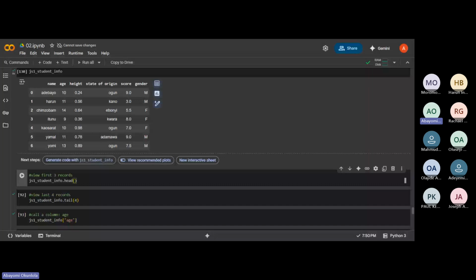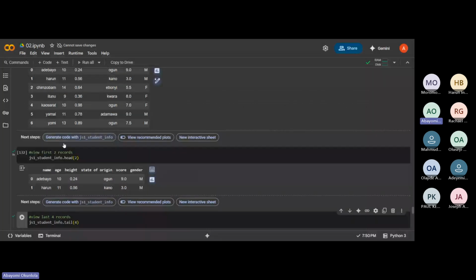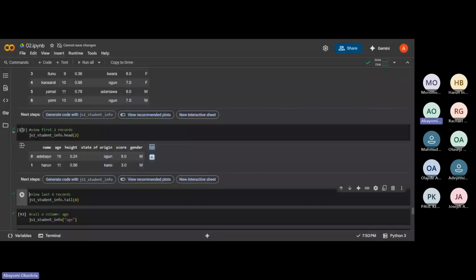You would say I have only 5 rows: 1, 2, 3, 4, 5. However, if I want to view the first 3 or first 2 records, all I need to do is put 2 here and run it. So you can see I have the first 2, which are Adebayo and Harun. And if you want to view the bottom records, all you need to do is call the tail method.